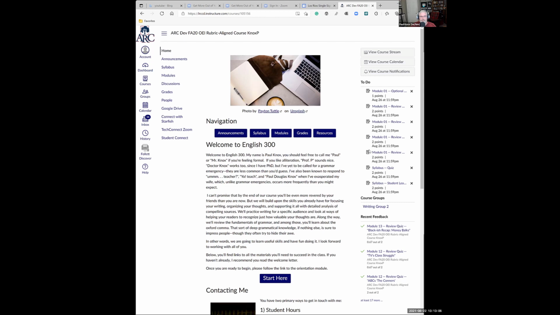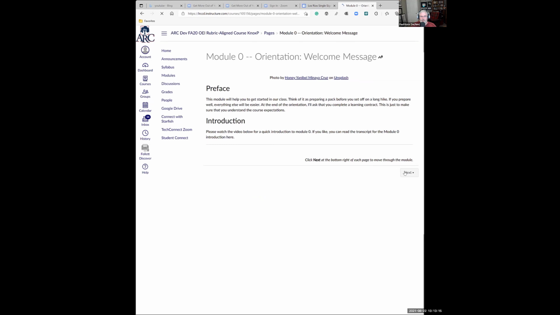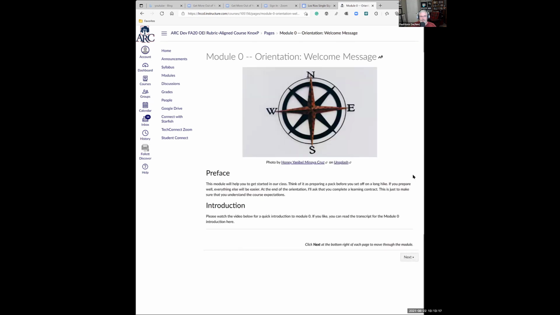Once you're done navigating this page, you'll want to follow the Start Here link, which will take you to our orientation module. Make sure you read through all of this by clicking on the next buttons. Then you will end up at the syllabus module. Make sure you've read through the syllabus completely. And you will need to take 2 quizzes at the end of it before you're able to access any other material in the course. Don't worry though, those quizzes can be taken as many times as you need to get 100%.